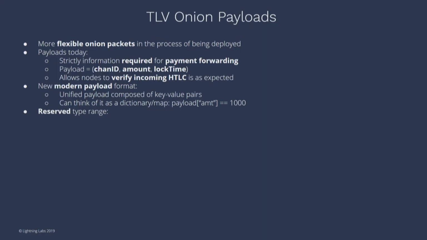This is really cool because all of a sudden you can think of it as an arbitrary dictionary, or key-value pairs, that you can send to any individual on the network. And the cool thing is, you can add information in addition to what's just critical for routing itself. So I can add, for example, a memo, an account ID, or other things as well.